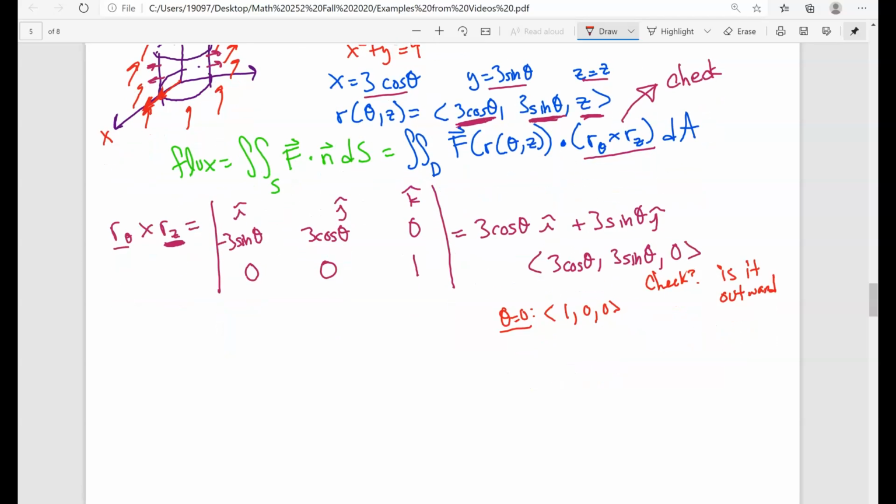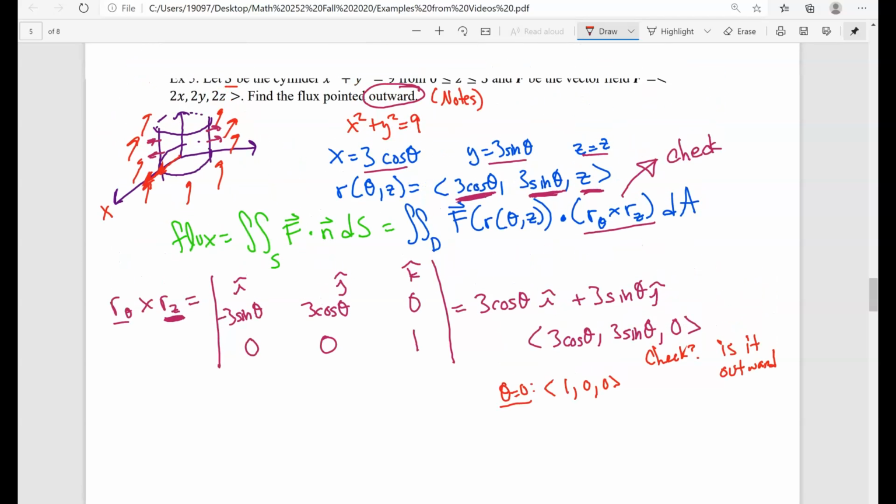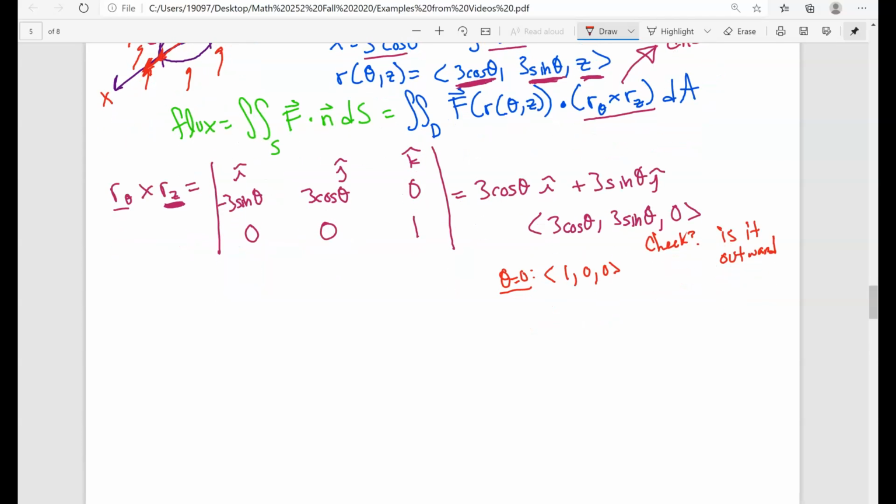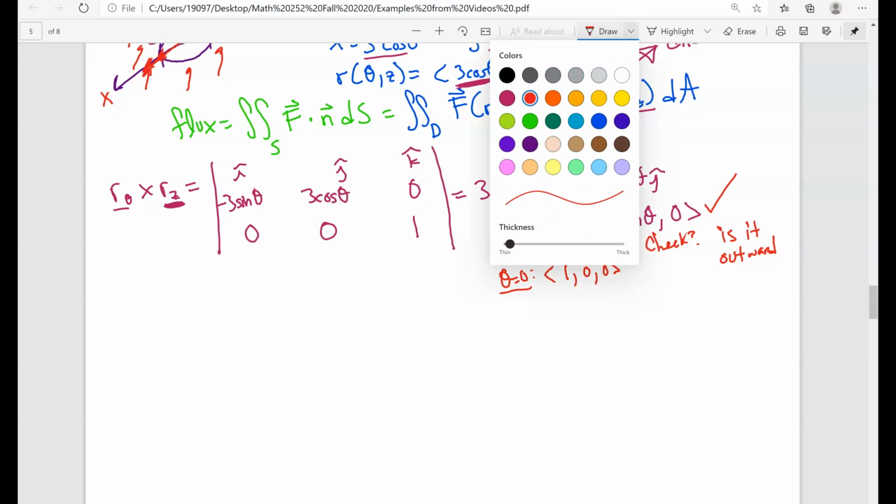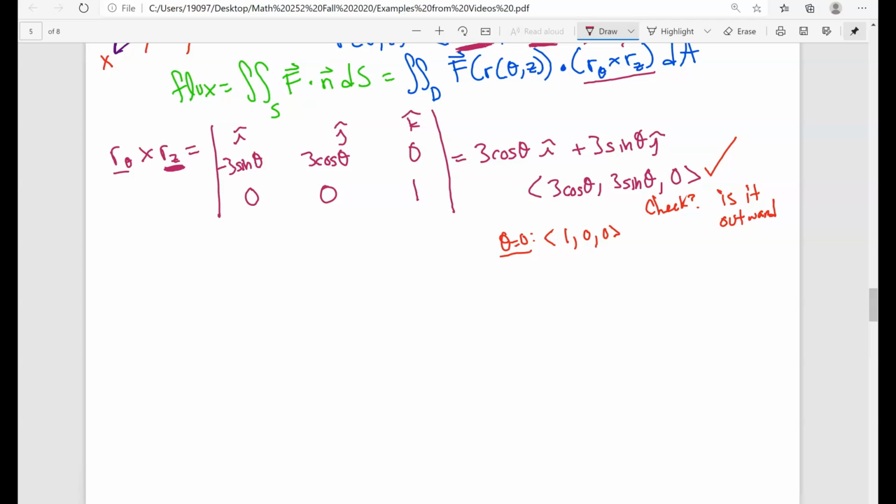Now, if you got an inward point, to fix it, you don't have to do the cross product again. Just multiply this by a negative. So this one's good. Now all we really have to do to find the flux is just take the dot product. So the flux is going to be equal to